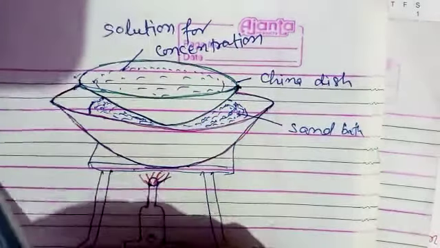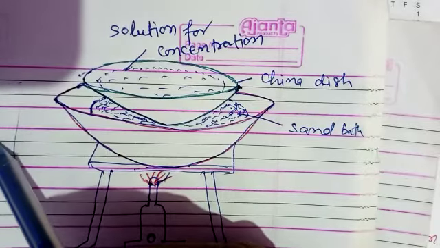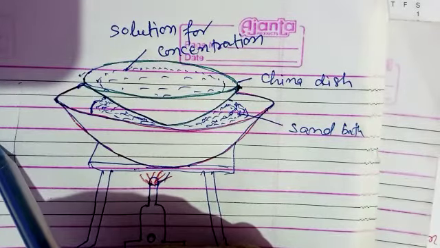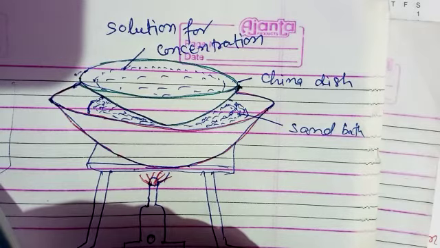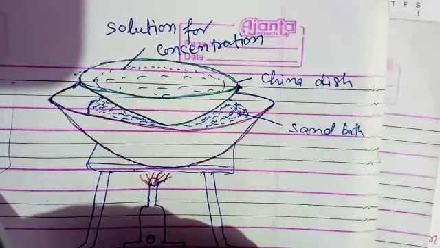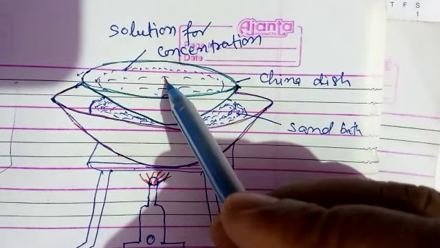ml of water in another beaker. We will take 5 gram of the sample, and then 20 ml of water will be mixed and we will stir it with the help of a glass rod for 5 minutes or for a long time, so that it will dissolve in water completely. After that, we will filter the solution through a filter paper, and the particles of the impurities will remain in the filter paper, and then transfer only the filtrate into the china dish and place the china dish on a sand bath.